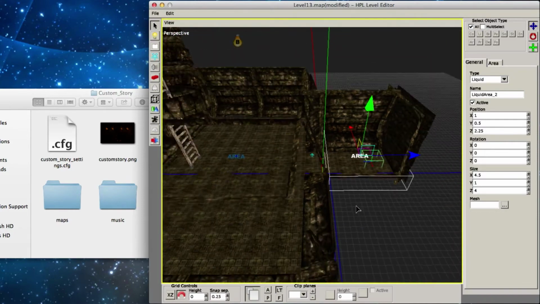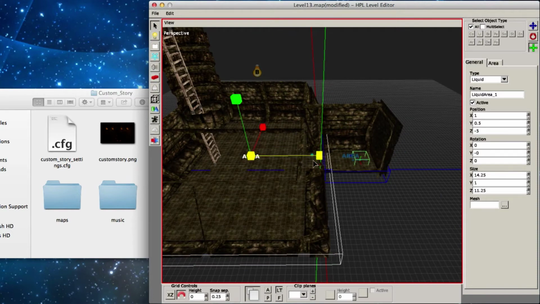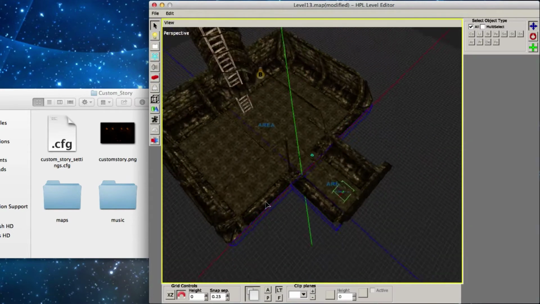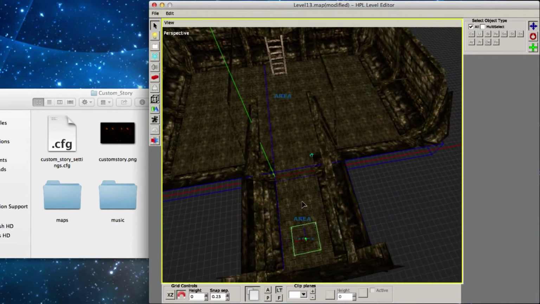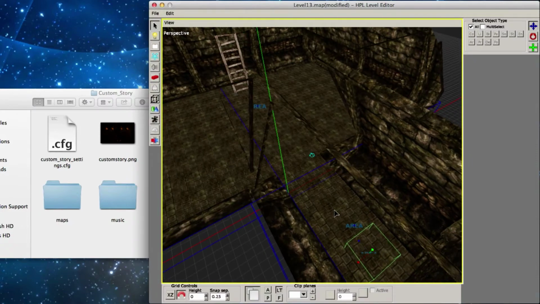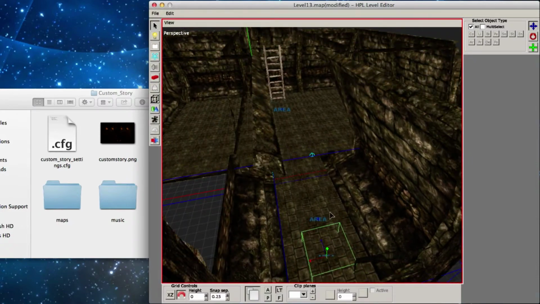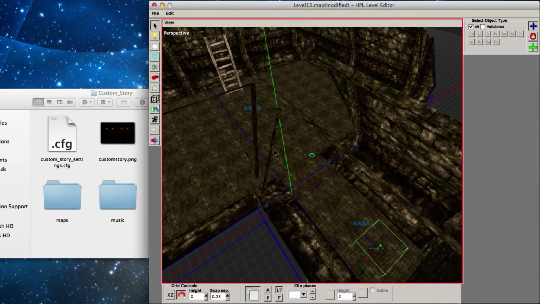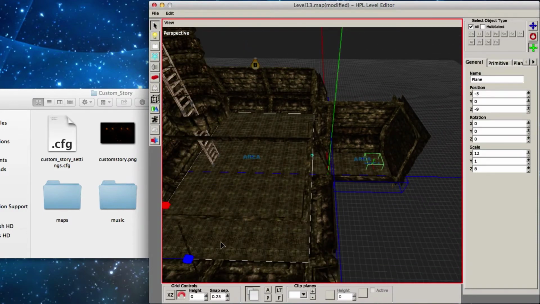You can just make this area extend all the way over there if you'd like. But I'm just going to make two areas because usually when you're making a map, it's good advice to always keep as few things in your map as possible. And I mean, if you have this plane, for example, stretched all over there, there's going to be a lot of it outside the map that is not even necessary.